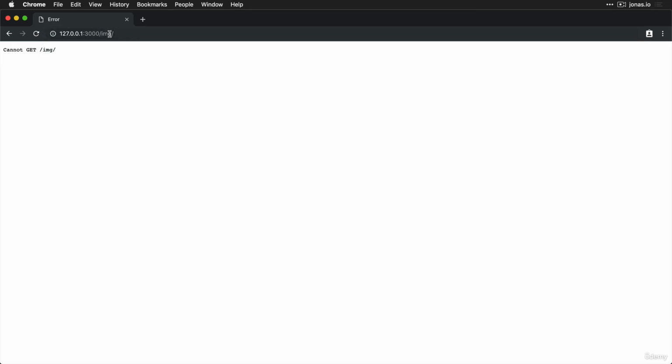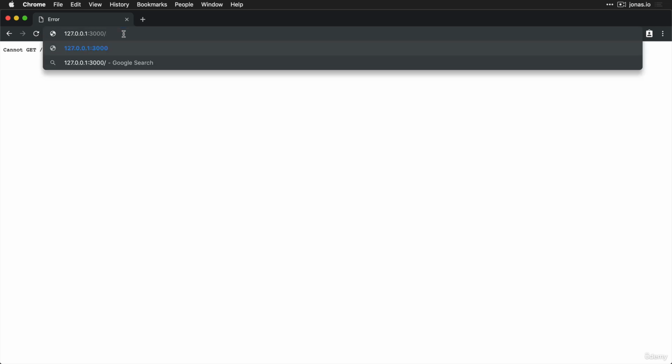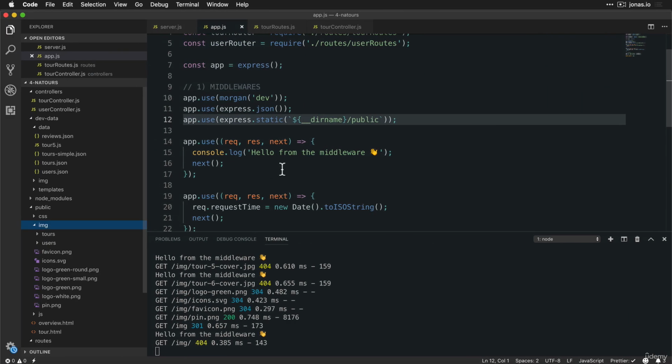This looks like a regular route, and so Express actually tries to find a route handler for this one, which it can't because we didn't define anything. All right, so it really just works for static files, in which case it will again not go into any route, but simply serve that file